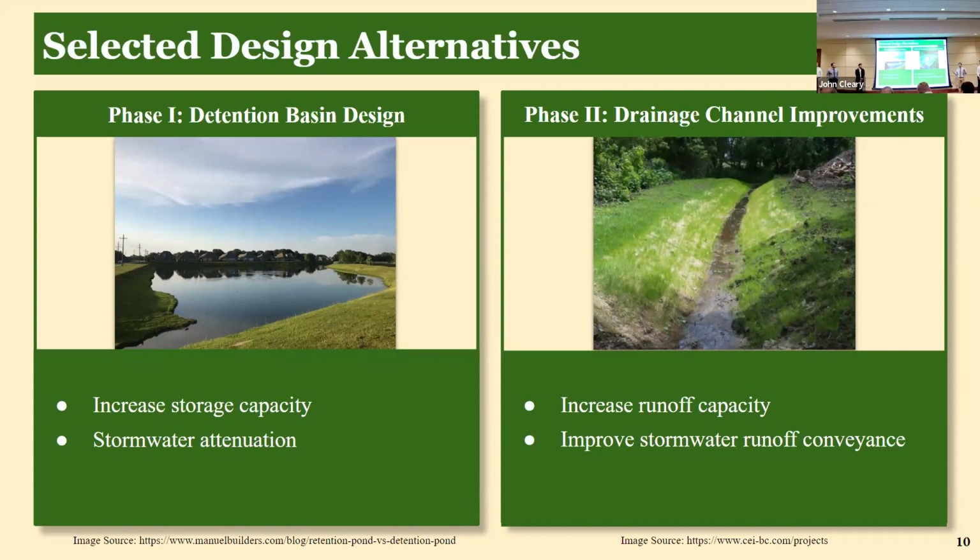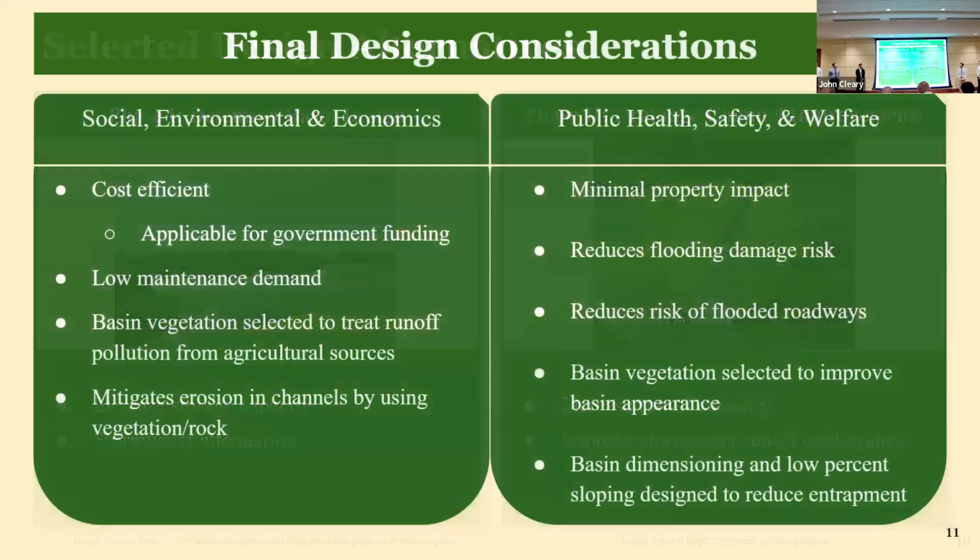If you have storage in the creek, but you haven't fixed the drainage in the city, then you'll ultimately not be routing the water to the creek itself. So we decided that this would be the most feasible design for the solution, the combination of these to convey storm water. So some of the aspects we had to consider within our design, especially for the economic,